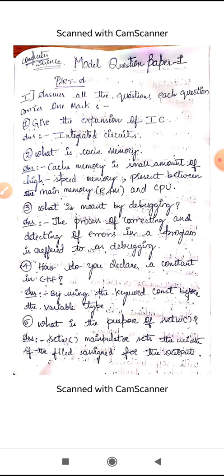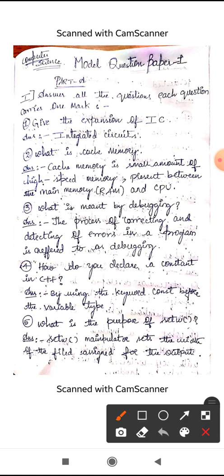It will be present on the motherboard. Okay. So for 1 mark, what you have to write is, what is cache memory? Cache memory is a small amount of high speed memory, which is present between the main memory and the CPU. Okay. So let us move on to the next question.